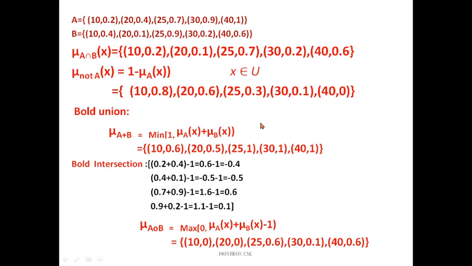So at last if you go for the properties, we can go for the product. Product is nothing but multiplying mu a of x into mu b of x. So if you calculate, multiplying, 10 comma 0.08 we will get, and 20 comma 0.001. Similarly you can easily calculate the product. These are the operations performed in fuzzy logic, and very very important for the UGC NET